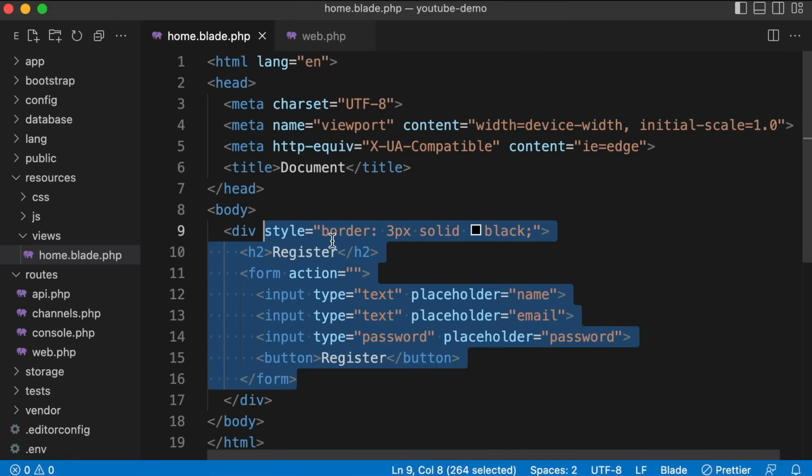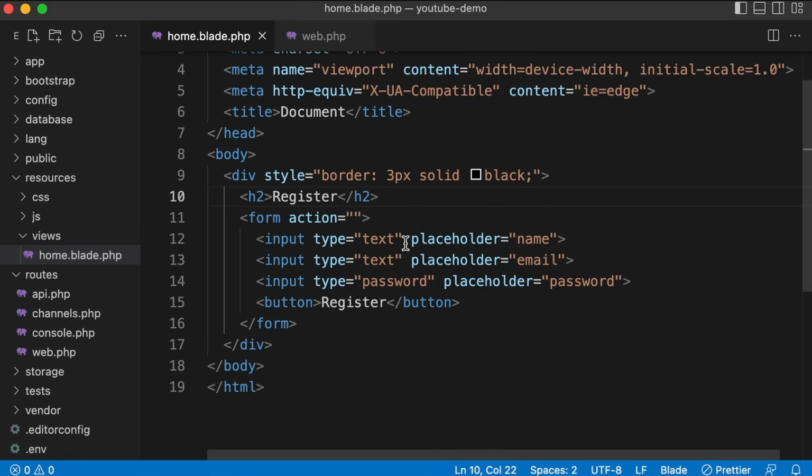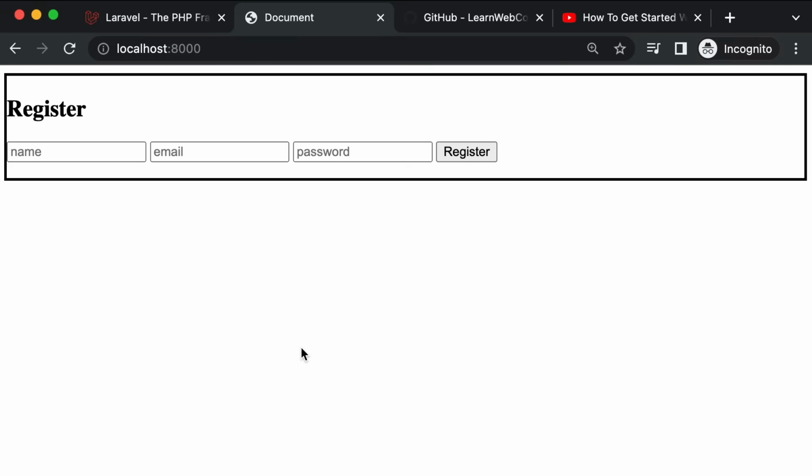So that was just basic HTML. This had nothing to do with Laravel. Now the question is, how do we actually tie this into a Laravel application? Like, how would we actually let the user register for an account, sign them up into a database, generate a session, and so on and so forth? Well, let's not get too many steps ahead of ourselves. Let's take this one step at a time. Before we worry about the database or sessions, let's first just learn how to submit and access form data